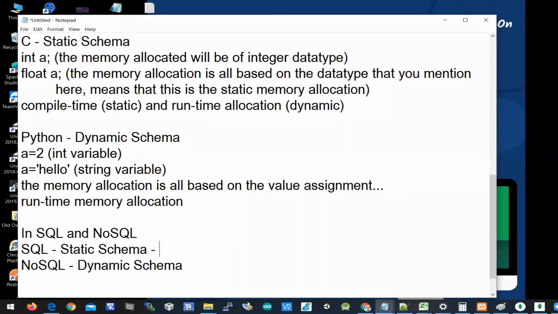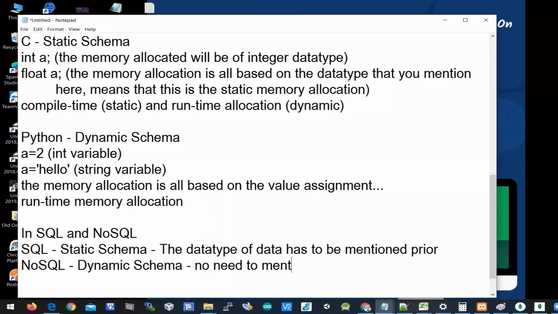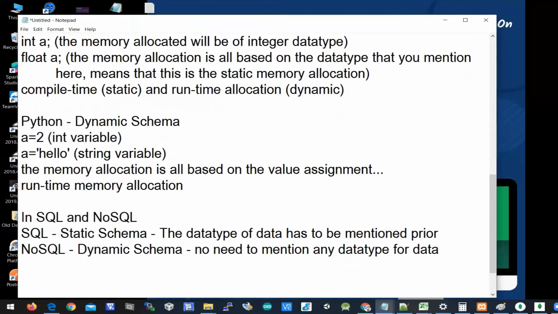Static schema in the sense the data type of data has to be mentioned prior. But when you look at dynamic schema, no need to mention any data type for data to be stored. So one follows a static schema, one follows a dynamic schema.